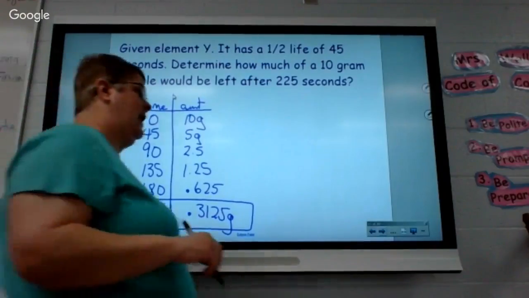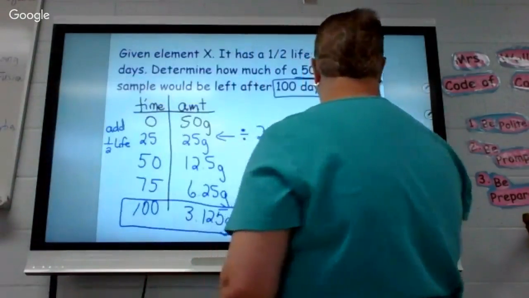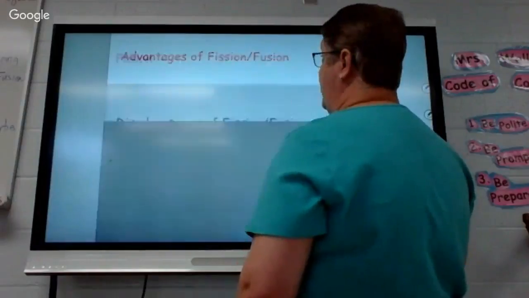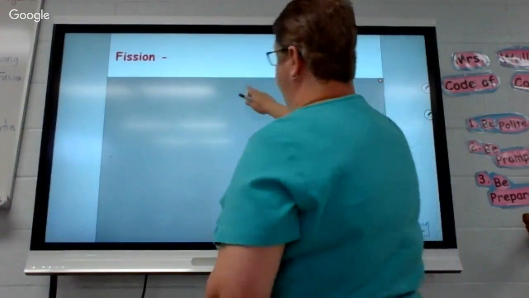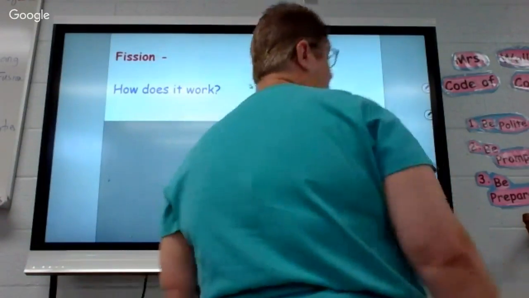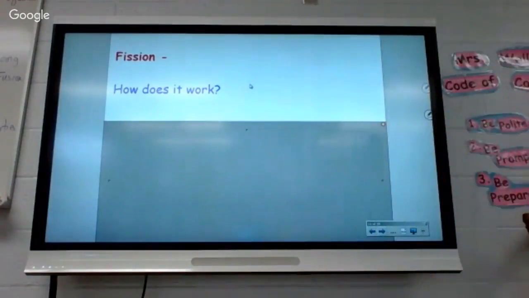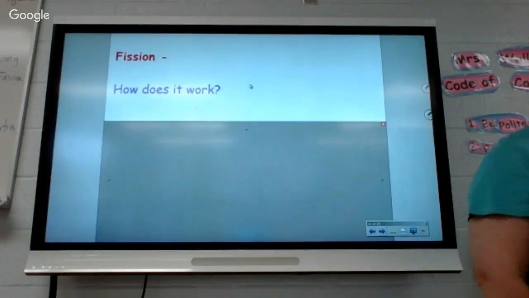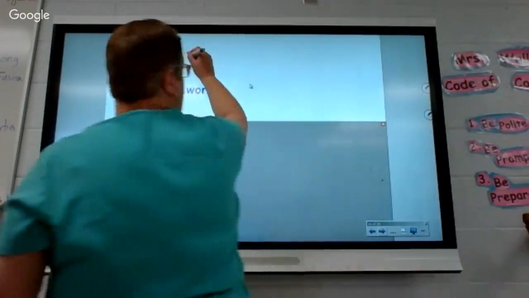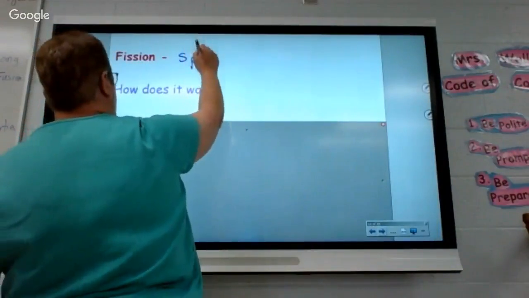All right. The last topic we need to do with nuclear that you need to know about for the exam are fission and fusion. You should have had fission and fusion in Earth Science. Tell me what fission is then. If you can remember what fusion is from English class, fission and fusion should not be hard to keep straight on the exam. To fuse is to do what? Come together. So fission is splitting